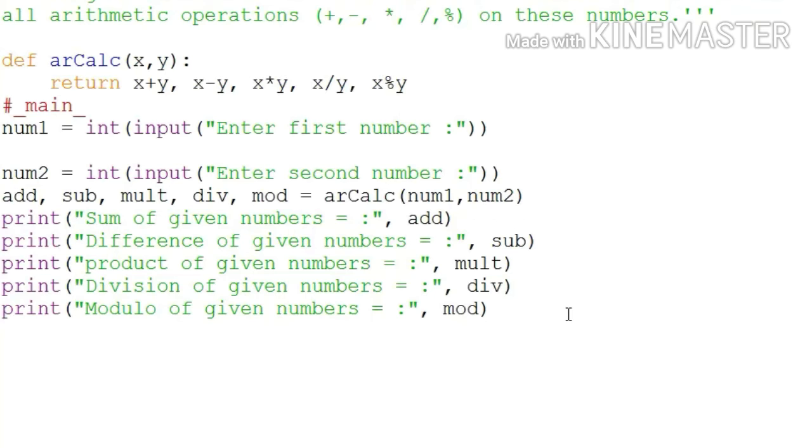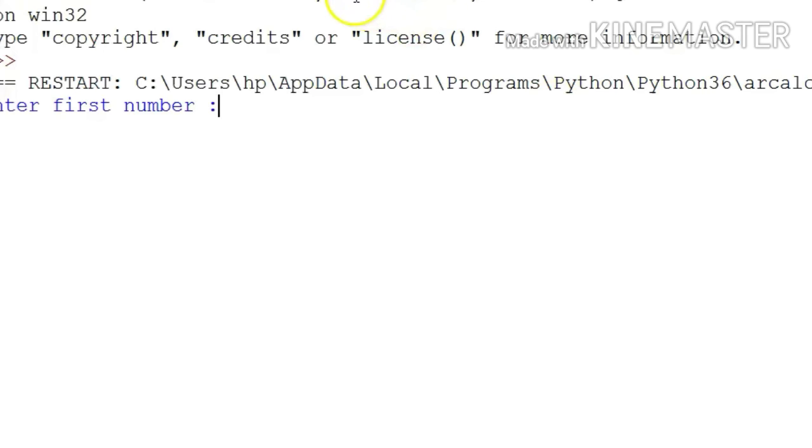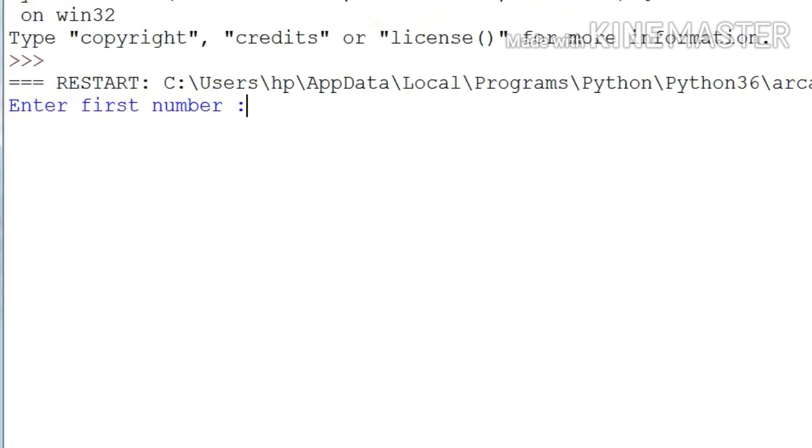See, here I am saving the program and running the code. See here, the statement asks to enter first number. Here I am entering the first number as 50, then second number as 25.